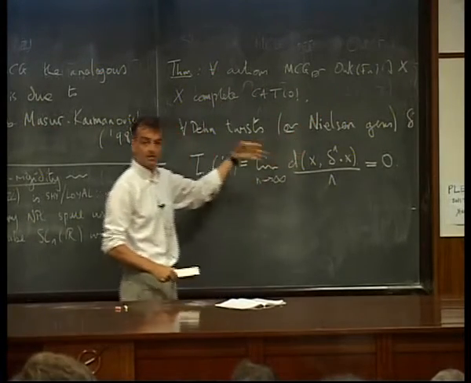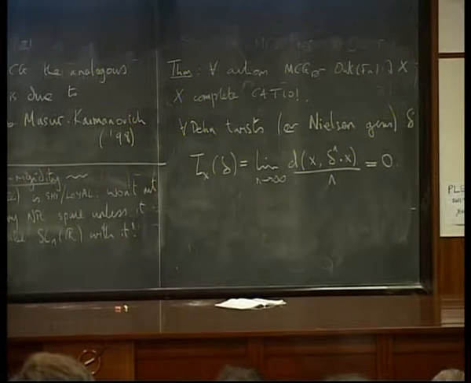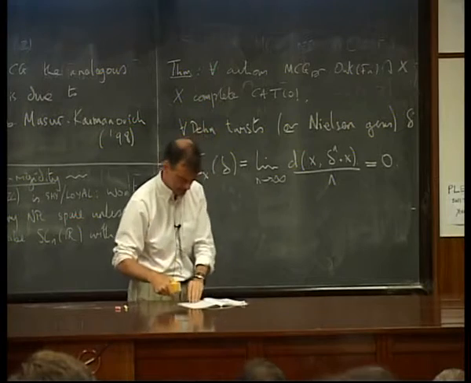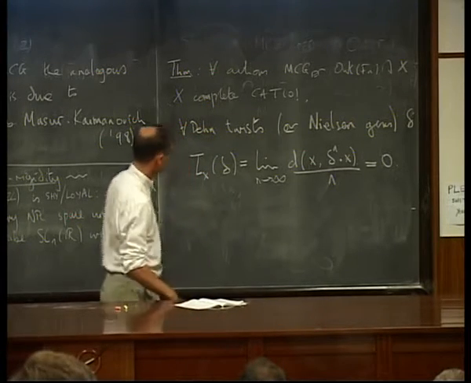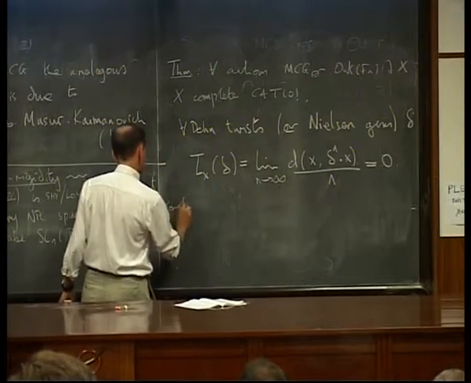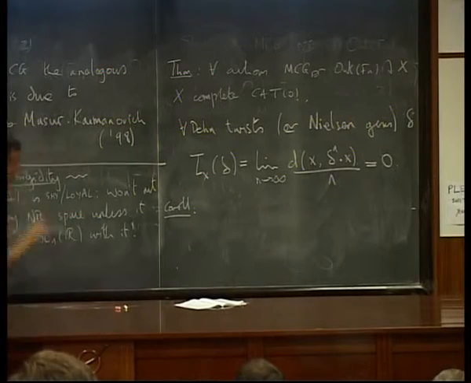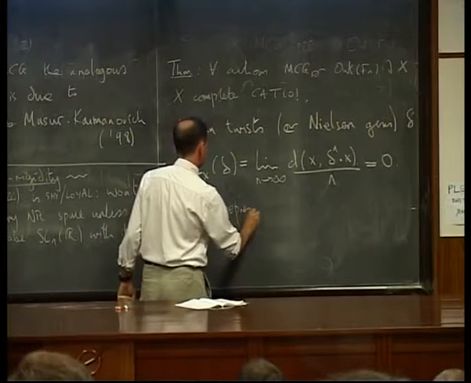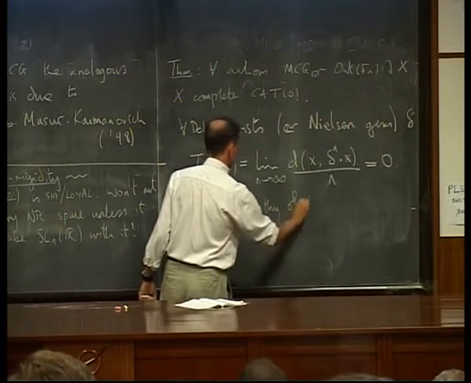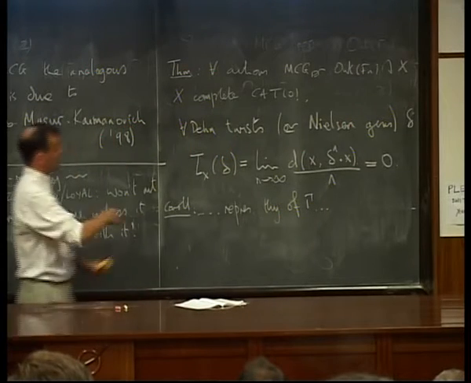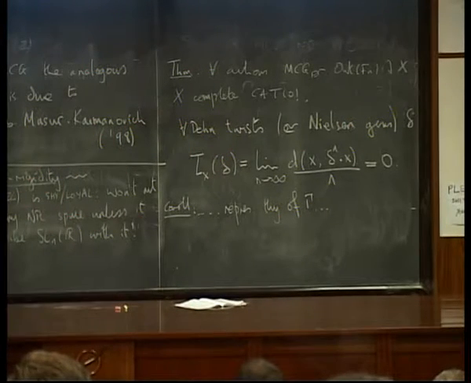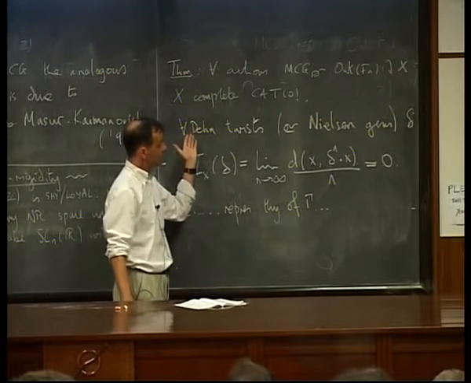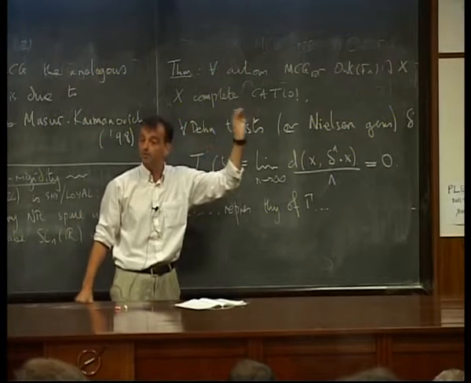But they remember the geometry that they ought to be, morally speaking: they ought to be parabolic isometries, or they ought to be parabolic elements of the mapping class group. So let me just mention a couple of corollaries of that. Why is this a useful theorem? Well, I won't spell it out, but this is going to tell you something about the representation theory of gamma, right? Because if you map to, say, SL_N(R), it's going to tell you that Dehn twists and Nielsen generators always have to go to unipotents, okay?